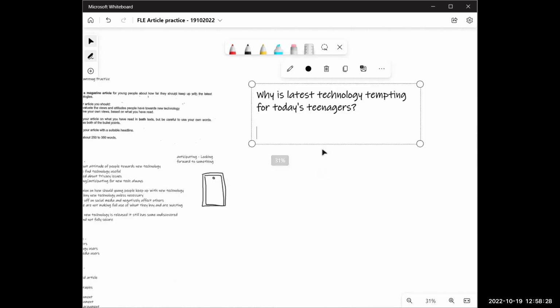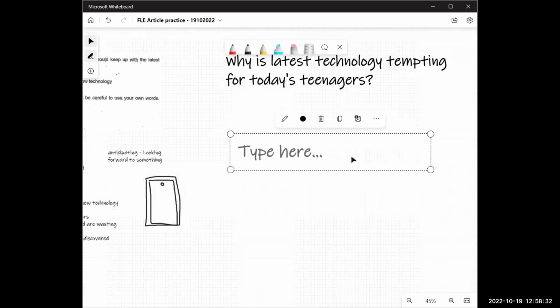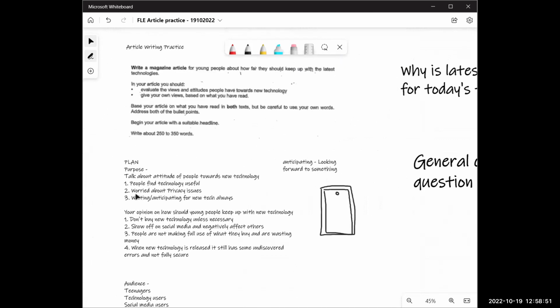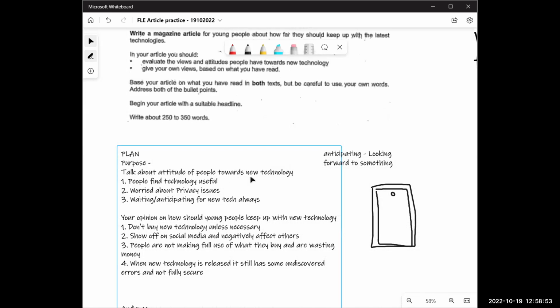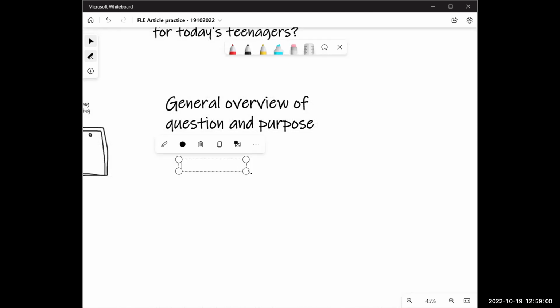Now let's start with the first paragraph. How do I start the first paragraph? In the first paragraph, we need to give a general overview of the question and purpose. So the purpose I have is to talk about the attitude of people towards new technology and your opinion on how people should keep up with new technology. Fine, decide that. Now we'll say,